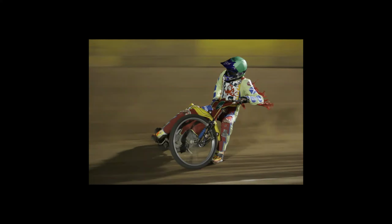Again, I've really turned the flash down. I've just given it enough to give a tiny bit of fill. I love the sense of movement there and the fringes on his jacket to add to that sense of movement. And I was very pleased with it. Speedway Star said no, it was too artistic. It wasn't quite what they were looking for in the magazine, but he thought it was great, and it has done well in competition. So it's funny how